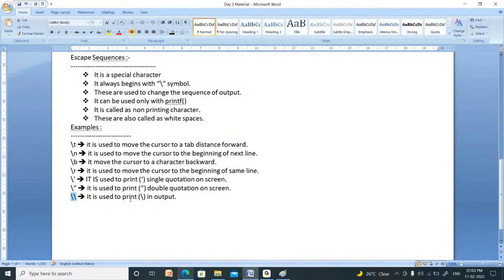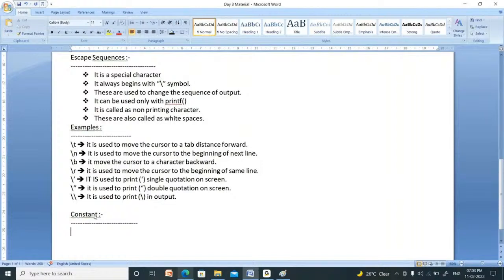Can I go to the next topic? Right. Now, what is a constant? Constant is the opposite of a variable. What is the meaning of variable? A variable is a container which is used to store data, and it allows you to change its value. But a constant is a container which can store data, but it doesn't allow you to change its value. Variable allows changing its value; constant means you cannot change its value.